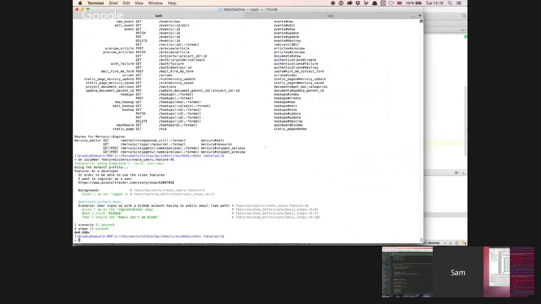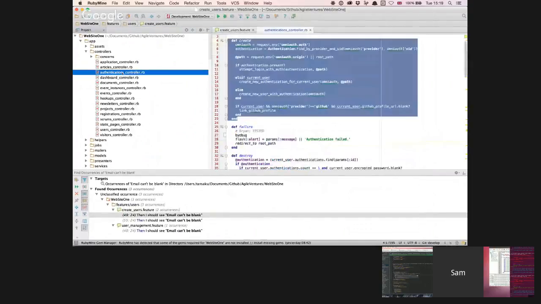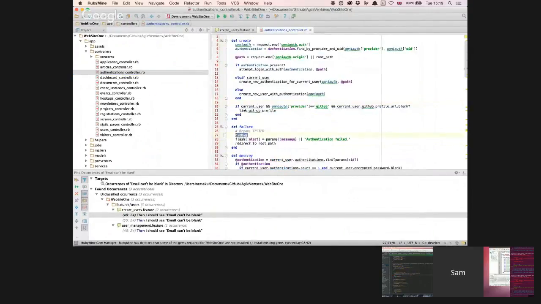No, and it's not called. It's not called, so it should be called. Let's just close others. Authentications controller. Yeah, so